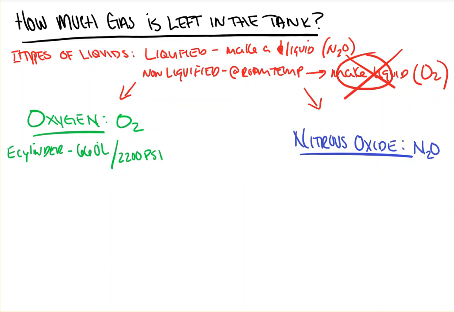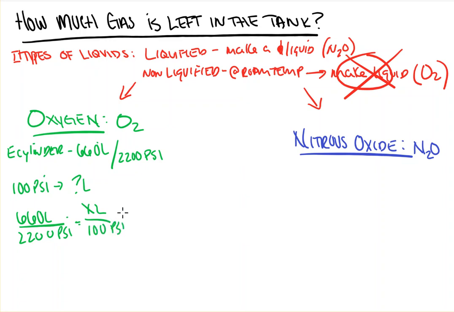So let's take a quick run through of an example. Maybe they'll ask how much oxygen is left in the tank if the pressure gauge reads 100 PSI, and they want to know, like I said, how many liters. We're just going to use our conversion factor here: 660 liters over 2,200 PSI is equal to X liters over 100 PSI. So we'll go ahead and turn that into